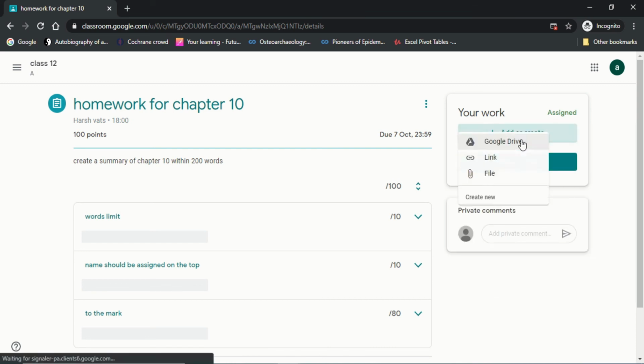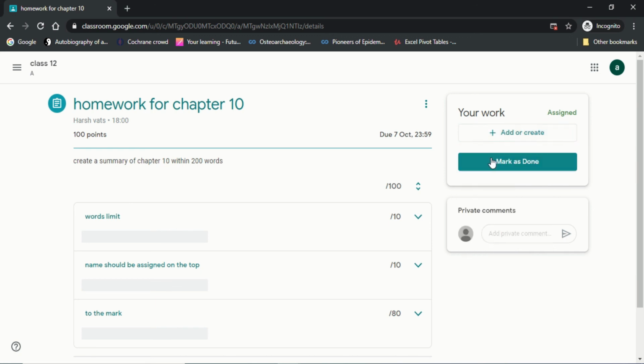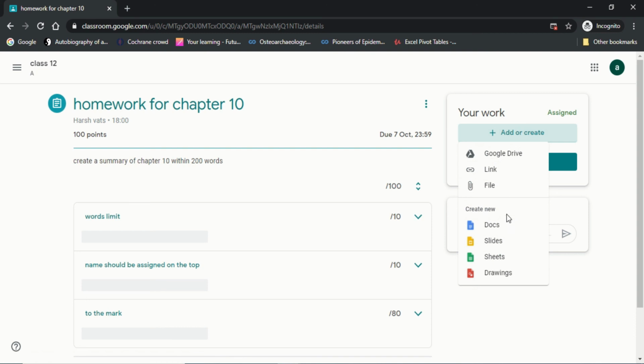So either you can do all these things or you can link a file. If you have done things on Microsoft Word, you can link that file, or you can directly link, or you can share it with Google Drive. All this you can do using your Google Classroom. And after that you have done, mark as done, or you will send them as docs. So click on file.